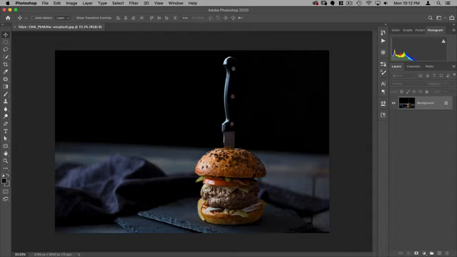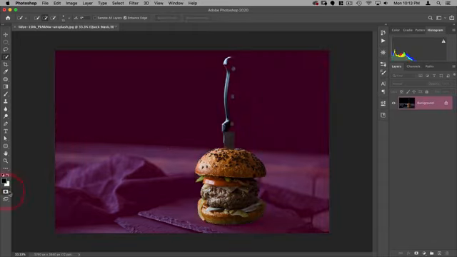So the first thing we need to do is cut out the burger and the knife. Now the problem is there's not a lot of contrast between this knife and the background. So using the select subject is not going to do a great job, as you can see here. This button here is Quick Mask, and what Quick Mask does is it takes your selection and turns it into a temporary overlay. You could kind of perceive it as basically a color overlay that's representing your selection. So let's go ahead and click that. The shortcut for that, by the way, is Q for Quick Mask.